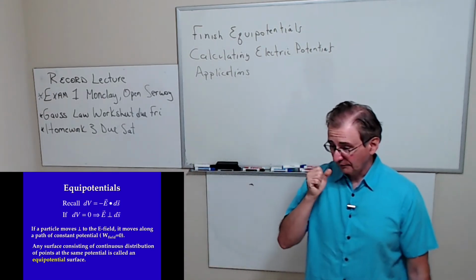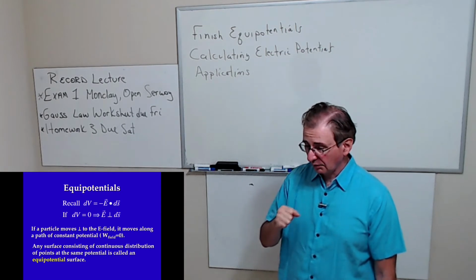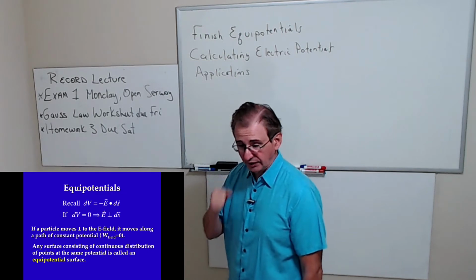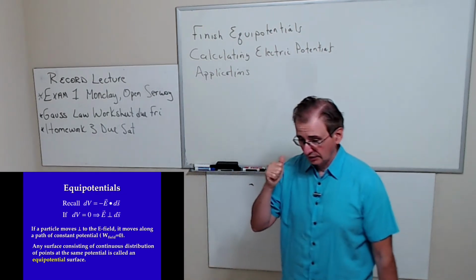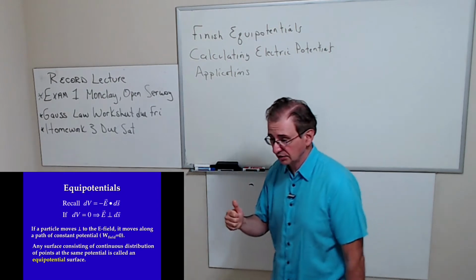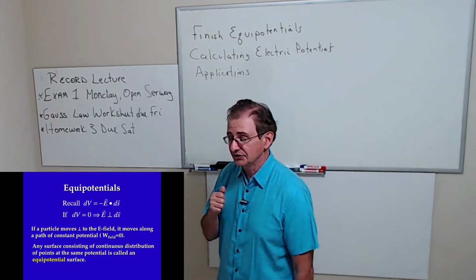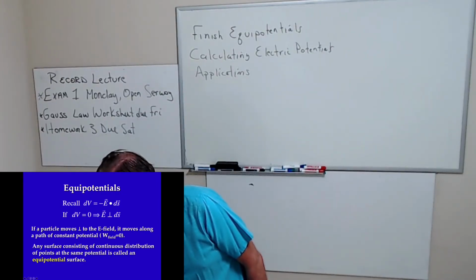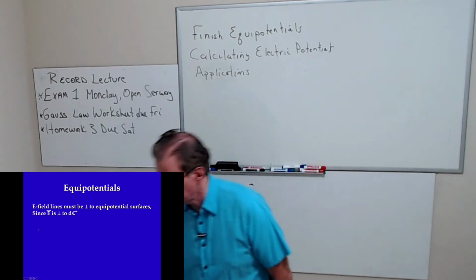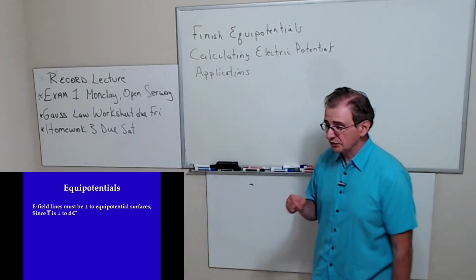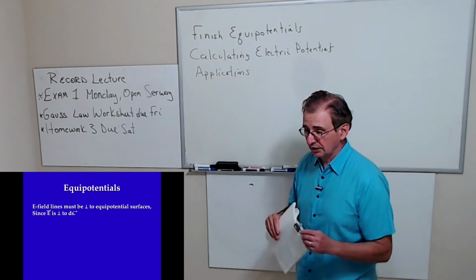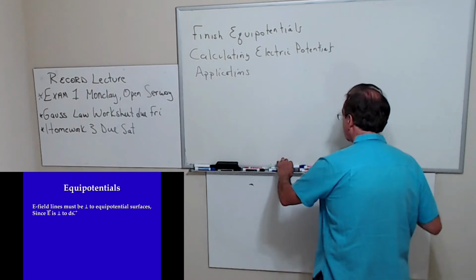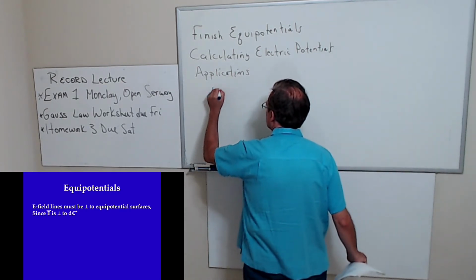So again, when we talk about equipotentials, you're moving around a surface where V doesn't change. Either E is perpendicular to the equipotentials, or E is 0. And these allow us to map out, believe it or not, electric fields. The electric field lines must always be perpendicular to equipotential surfaces because the electric field is perpendicular to ds. So, since dV is 0,